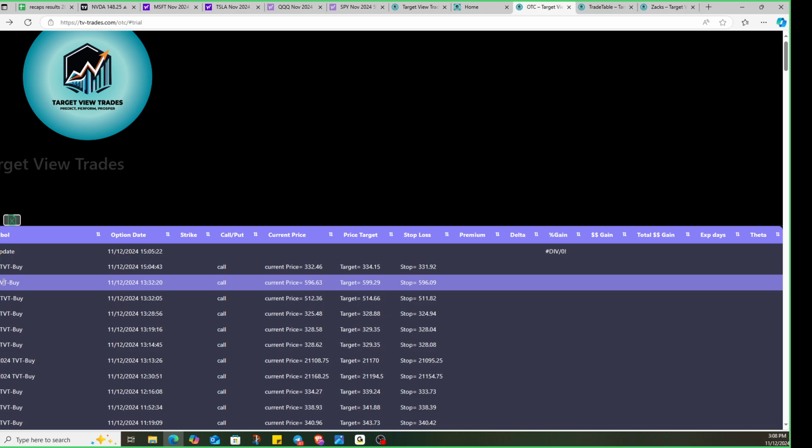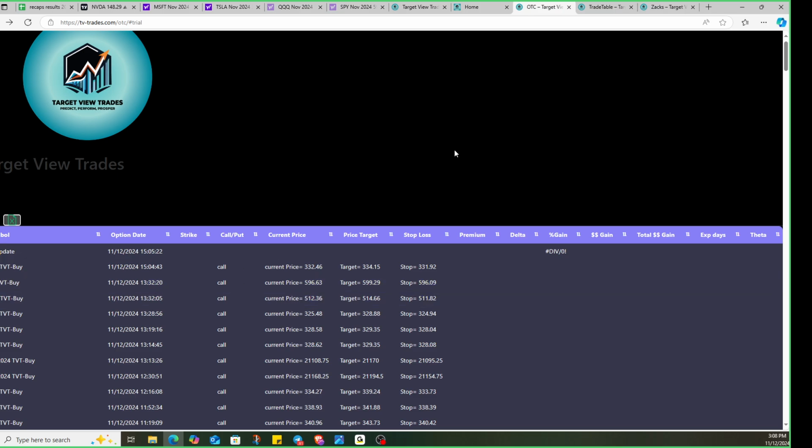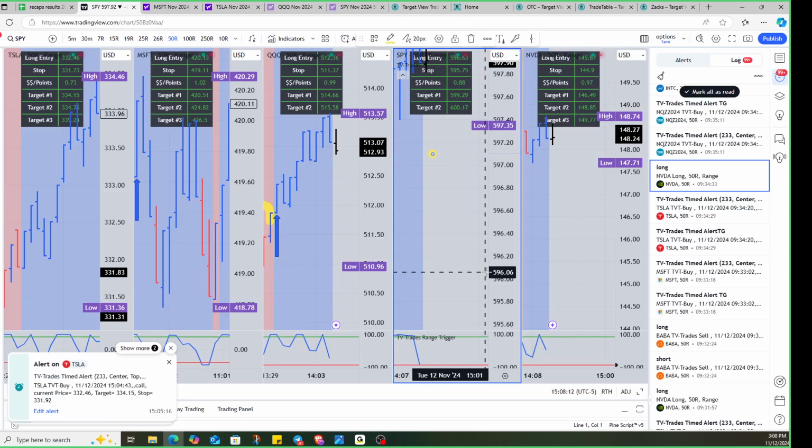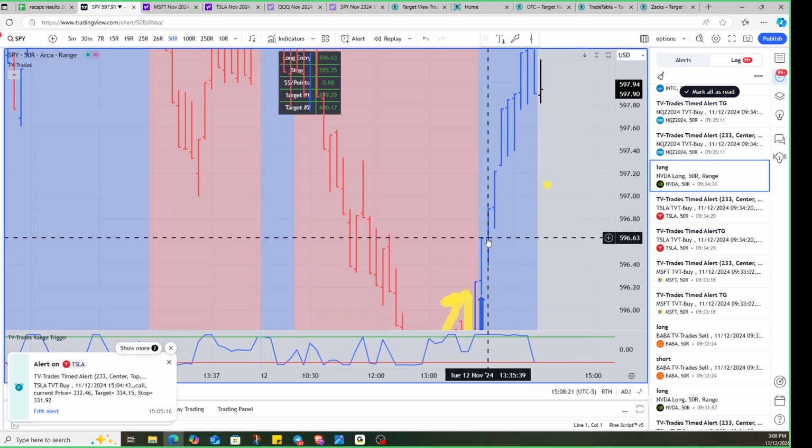We have in here the SPY right here and the QQQ. They both just gave buys a little while ago. At 1:30 today, they both just gave buys. And those are right here, right? The SPY buy was triggered right here. Just a little while ago it triggered right here, and it sent,